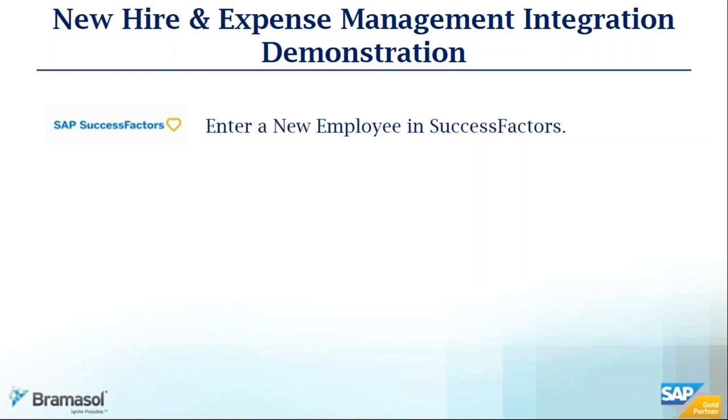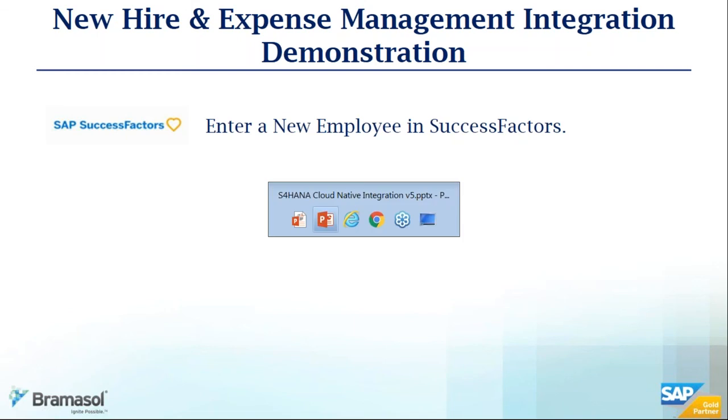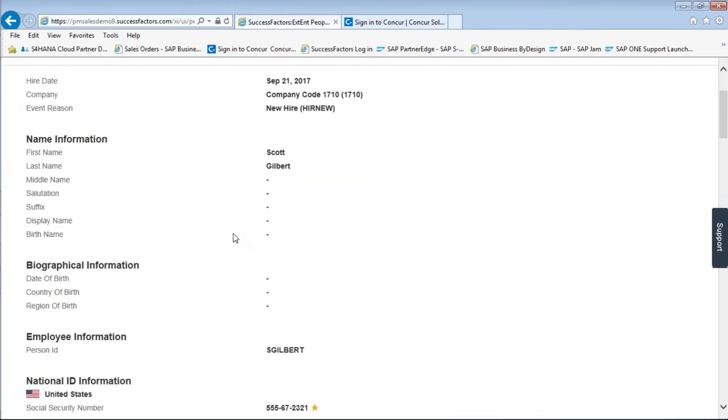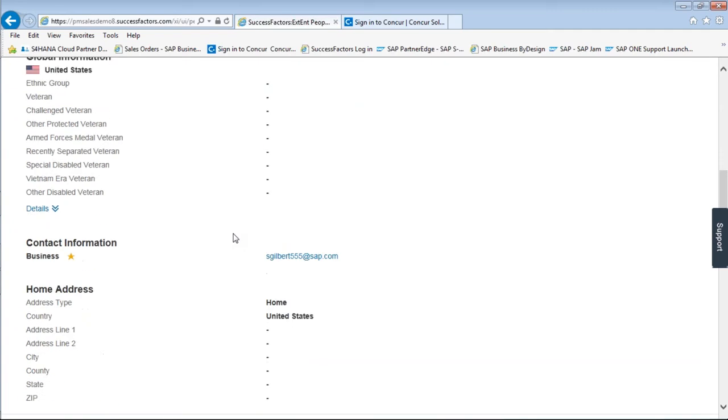So let's go ahead and demonstrate this real life scenario between the three systems. So first, we're going to go into SuccessFactors and enter the new employee information. Okay, so I'm in SuccessFactors, and I've already gone through and set up the employee information. The only thing I need to do now is enter the